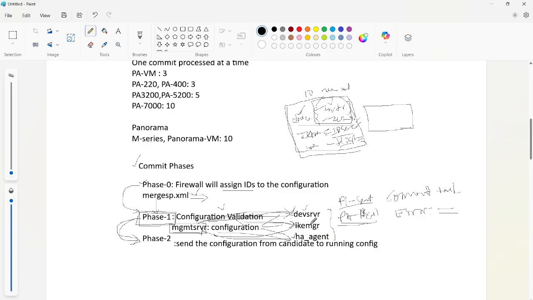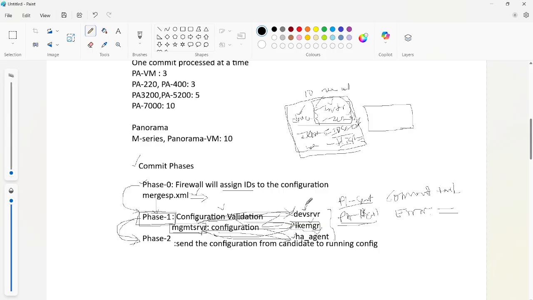These daemons will validate the configuration for any misses. If you have missed anything in the configuration, or configured anything wrong, for example in IPsec, the IKMGR will validate it and provide feedback, a response to the management server, that some configuration is wrong, and it will send a failed, non-success message to the management server.